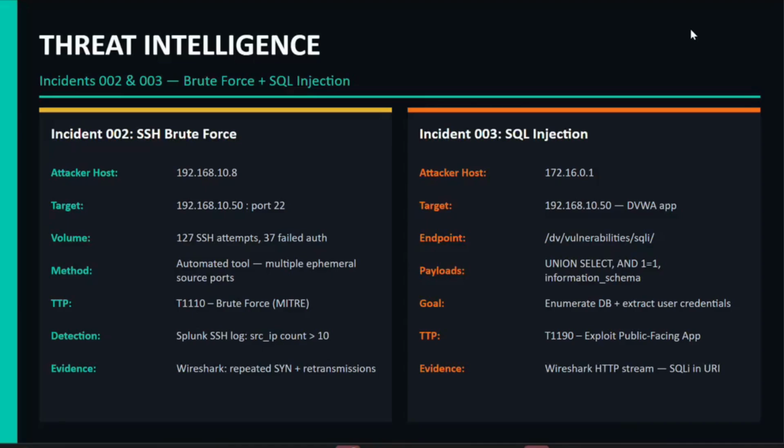Hello, my name is Jose Marrero. Today I'm going to be presenting threat intelligence and the recommended remediation. So for threat intelligence, on the slide we overall summarize incidents 2 and 3, where incident 002 was the SSH brute force,